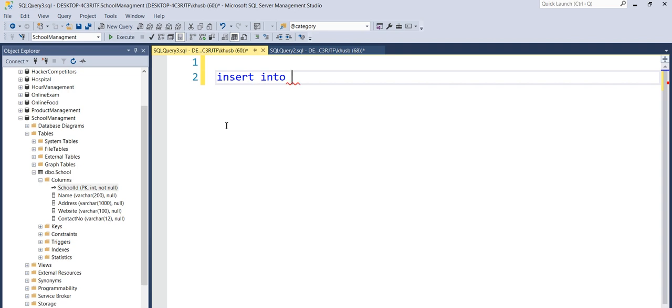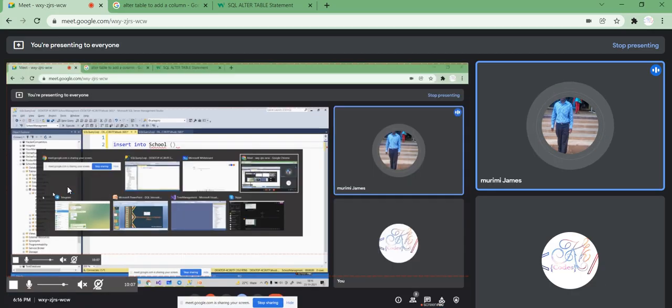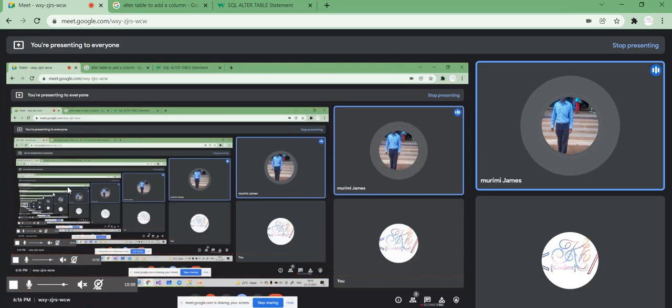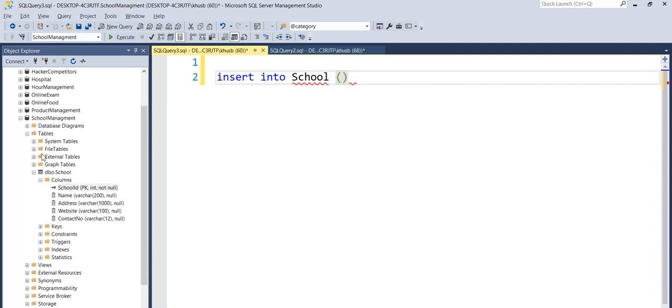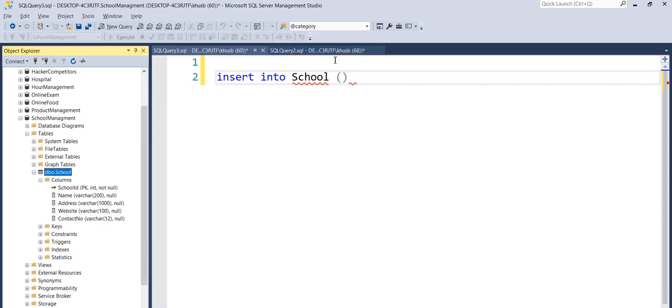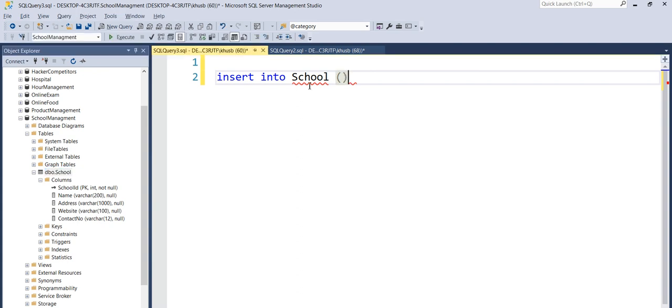I want to insert data into the school table, so you need to write school. And as we have discussed in our previous class, yes, it's just a school table. Okay, so insert into the school table.